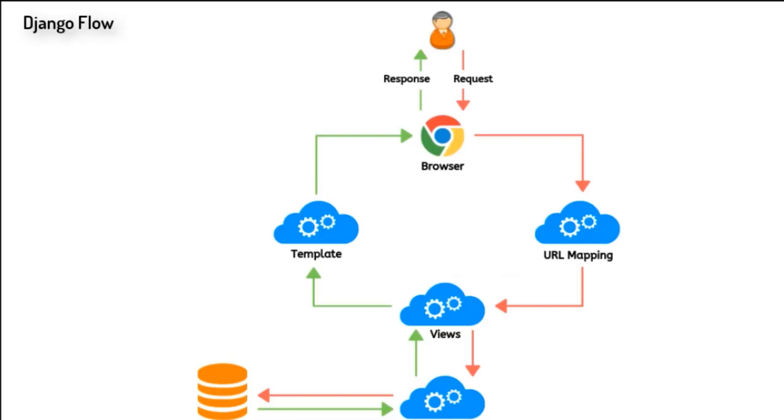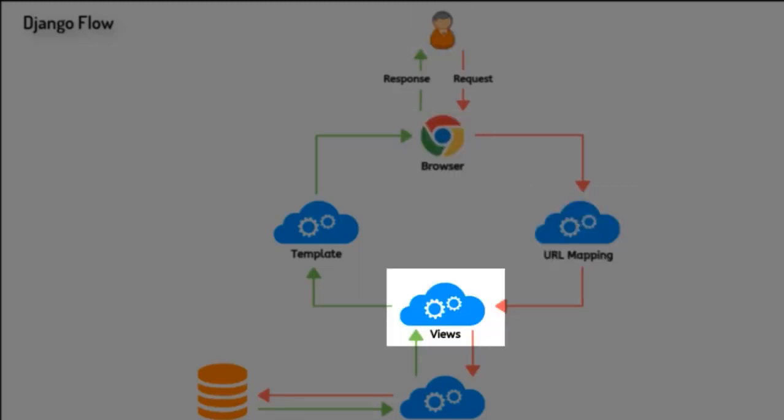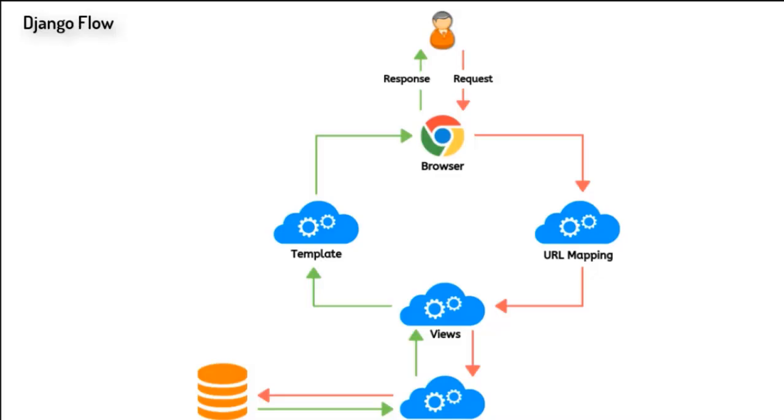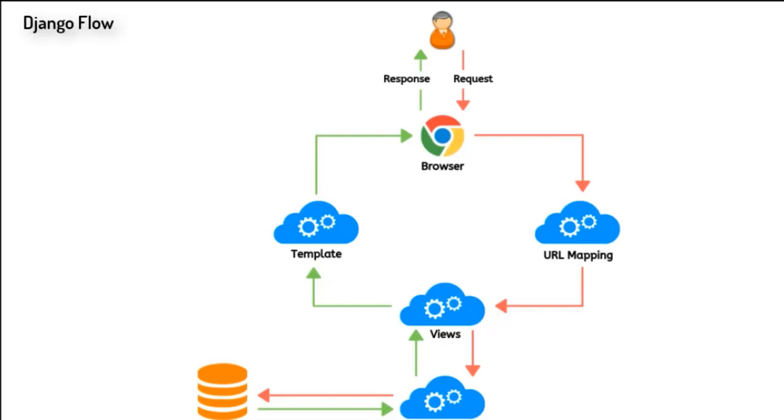So if I take a simple example here, you can see this image and it has several points: our browser, URLs, view, model, database, templates, and you. I have also followed different other images that talk about the same thing. So here, let me clear up one thing first. When I talk about Django structure, I am talking about all the files and all the folders that are included in this. And when I talk about Django flow, I'm talking about the major thing,